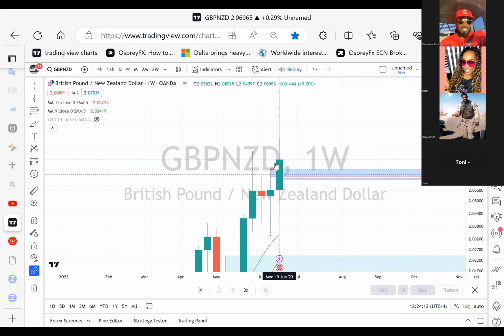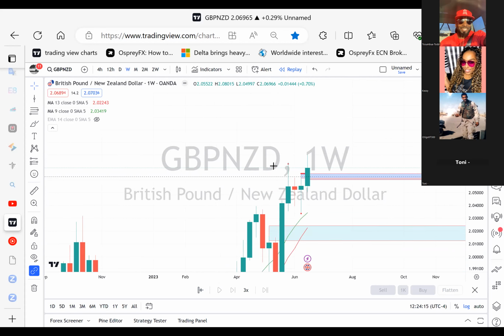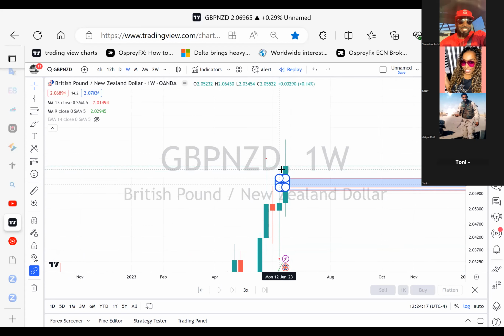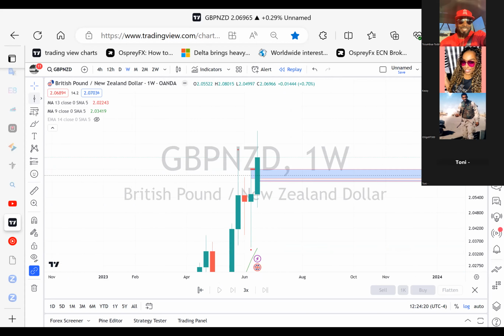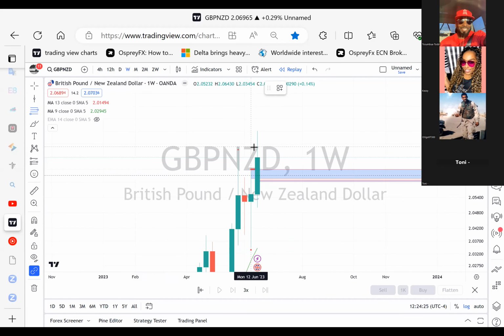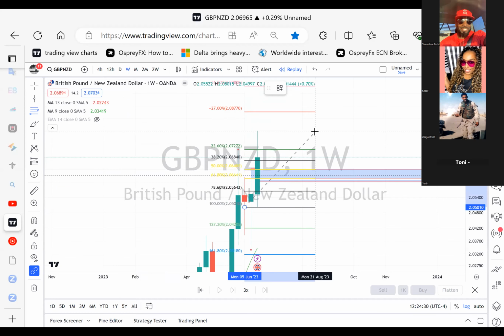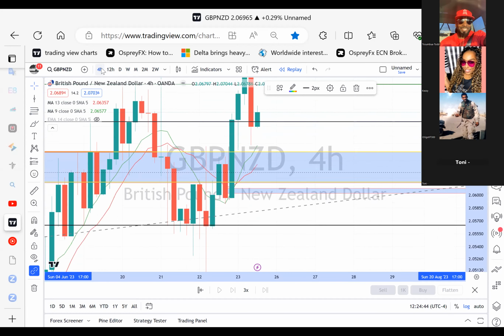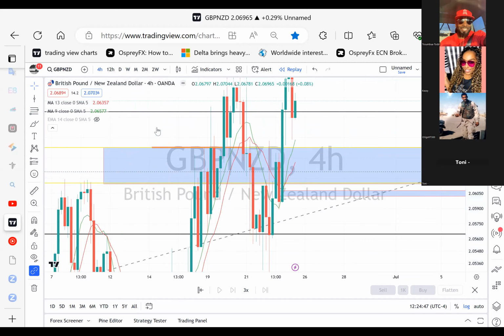Price pushed up, right? So the only thing that I would like to see happen this week, if I fib this weekly candle, there's a great deal of retrace that happened already, right? So maybe price comes down to this blue, to the top of this blue area, or this 50% zone, and pushes up. So when we drop to that 4 hour, this is the exact same scenario